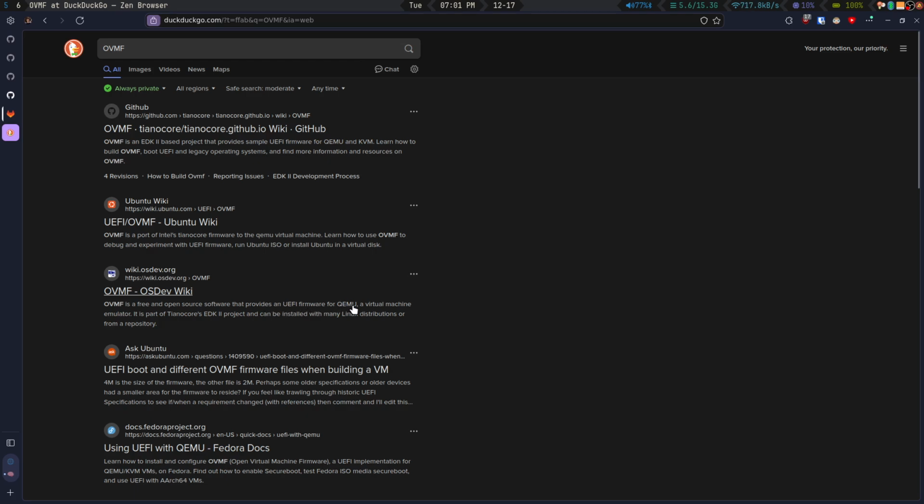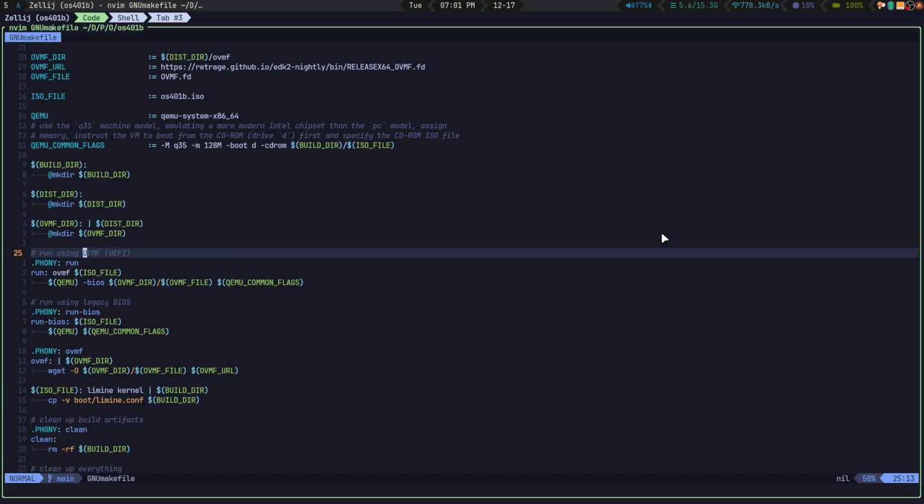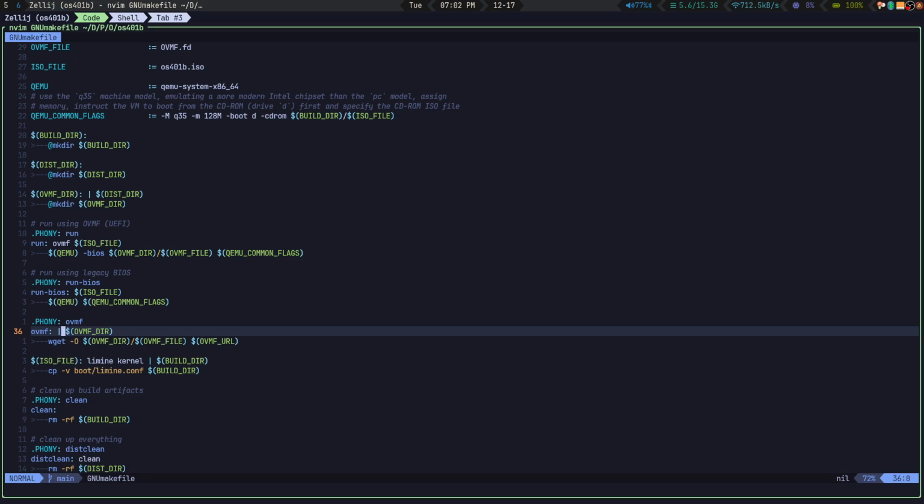Is that how it's pronounced? Okay, so we're going to use OVMF for loading with UEFI support, and fortunately, Limine has support for UEFI, so we don't even need to do much. This would be the endpoint, and it depends on OVMF itself, and we need to download